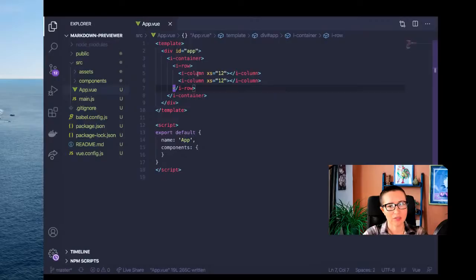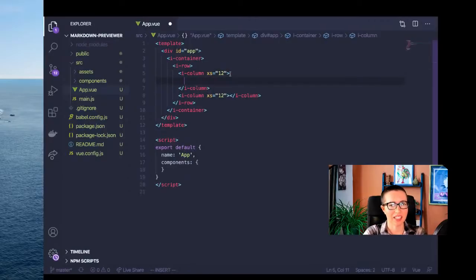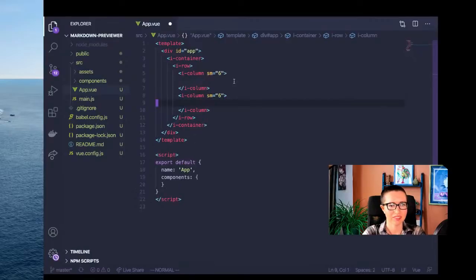Okay, so now I have 2 columns, and actually I don't want these to be full width, so this is taking up all 12 columns. So I'm going to put from small screen size up, let's see, to take up 6 columns. All right, and then the same thing on this one. So for small, I'll take up 6 columns. All right,